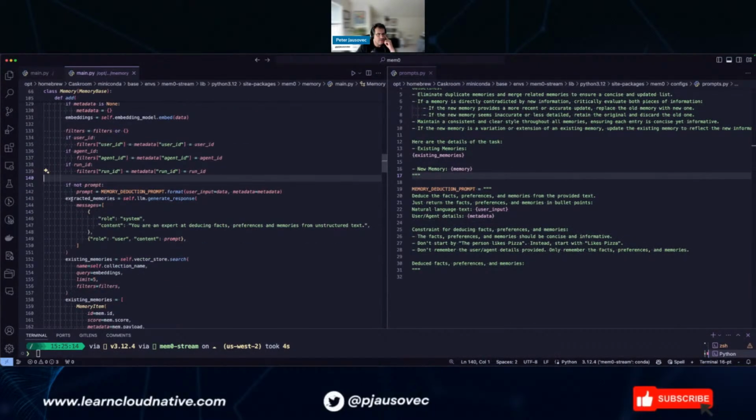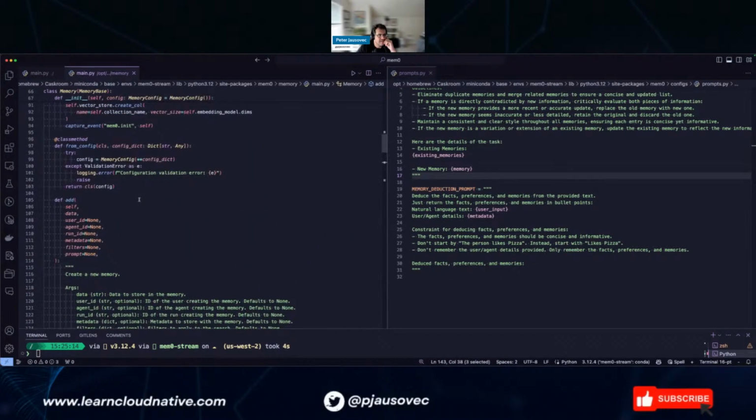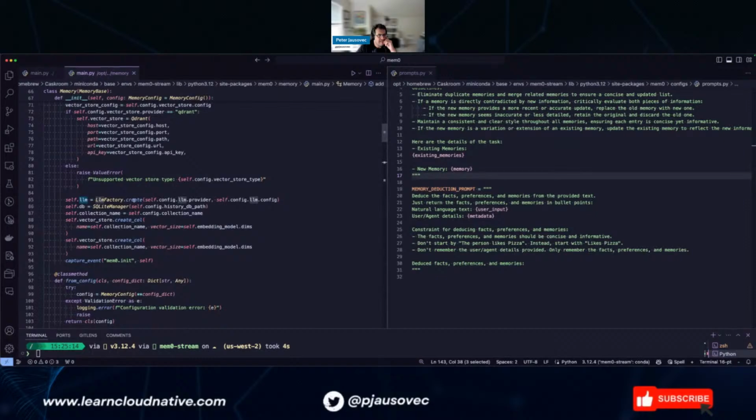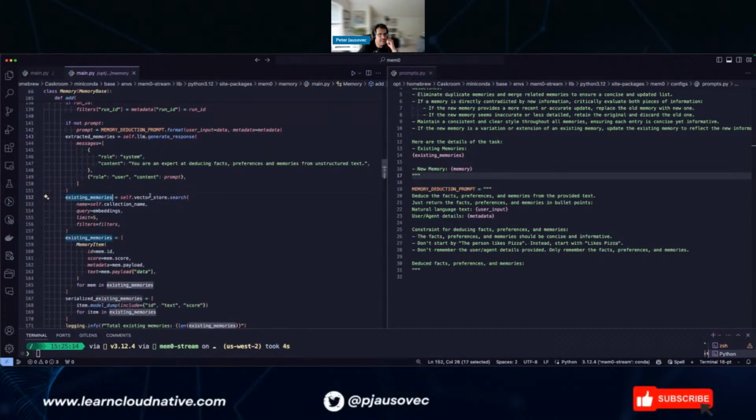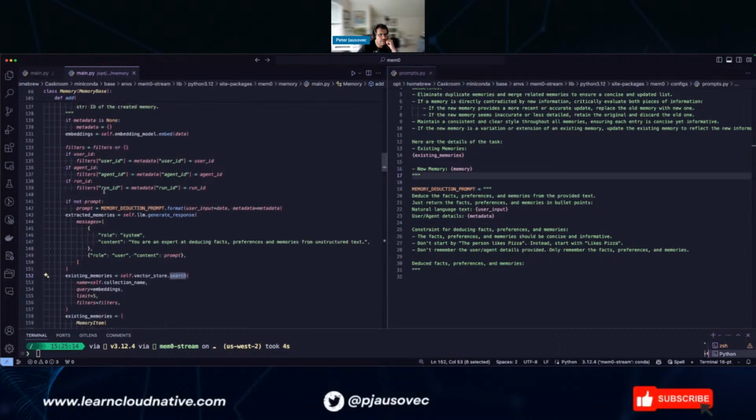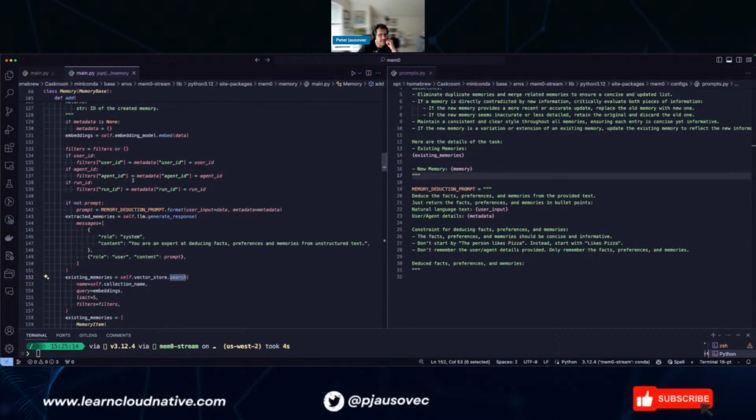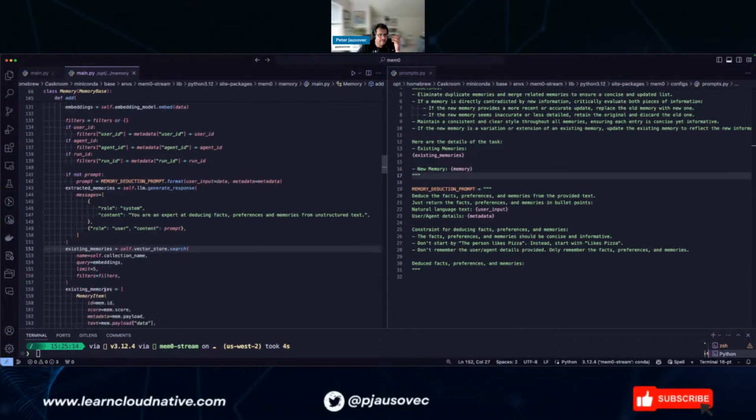Okay, so we get the response back, and I think this is just a direct call to an LLM. My guess is, what is the LLM here? LLM factory create. Yeah. I think this is just a wrapper around whatever the chosen LLM is. Okay, and then it says existing memories does a search through the vector database. There you go. And then it embeds the data. So the data is likes running on weekdays, it creates embeddings, and searches for an existing memory if there is any.